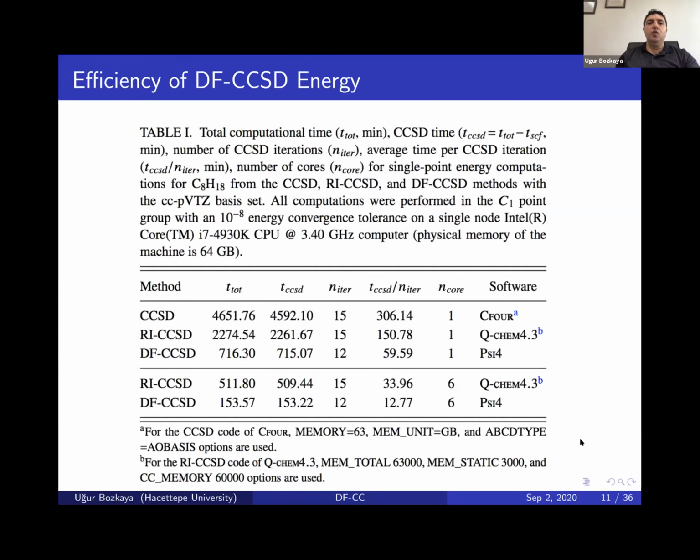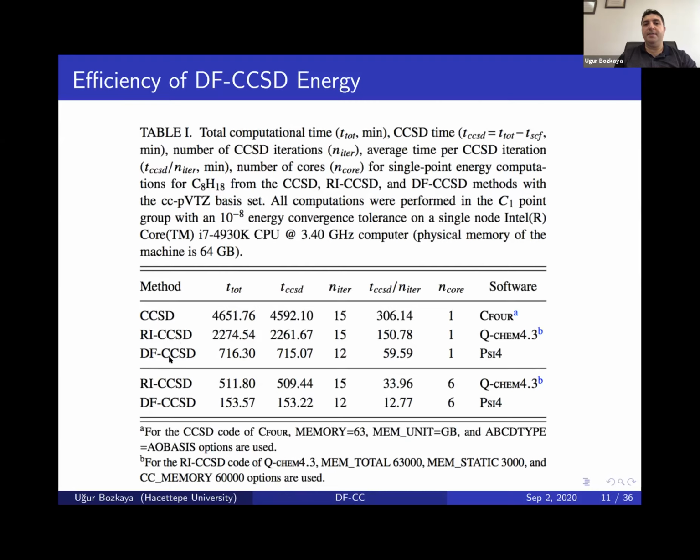Now, I would like to share some results with you. It is a paper published in 2016, demonstrating the efficiency of our DF-CCSD code. I have some comparison with QChem's RI-CCSD. In fact, both codes produce exactly the same energy, but QChem generally prefers to say RI-CCSD,